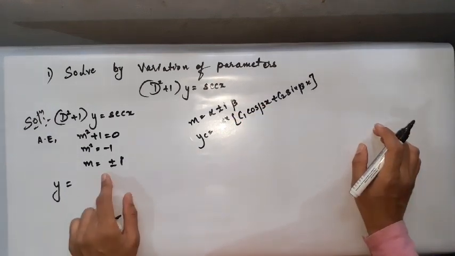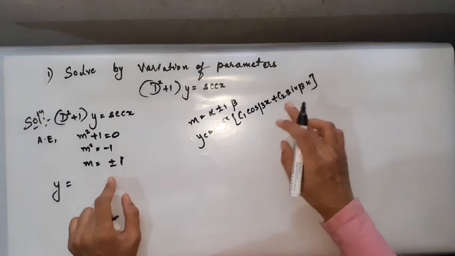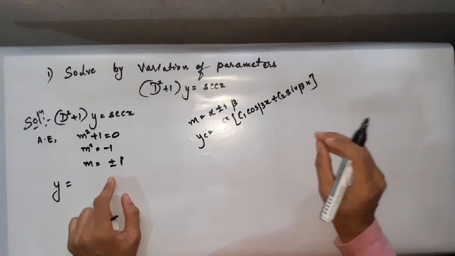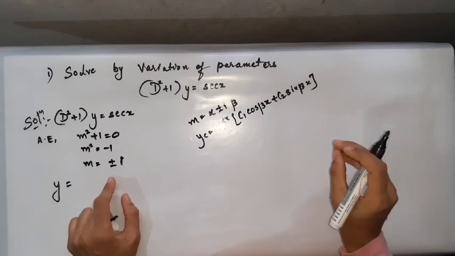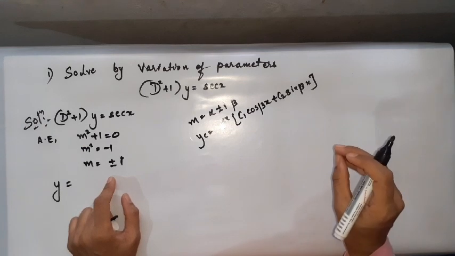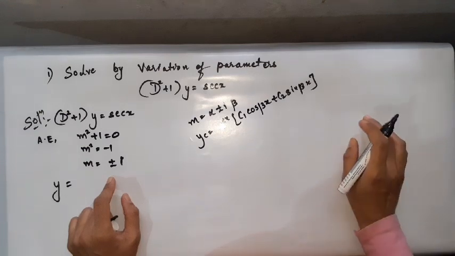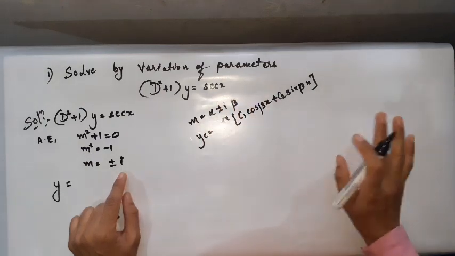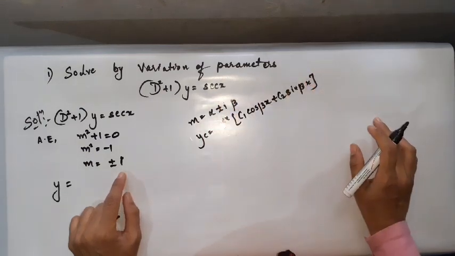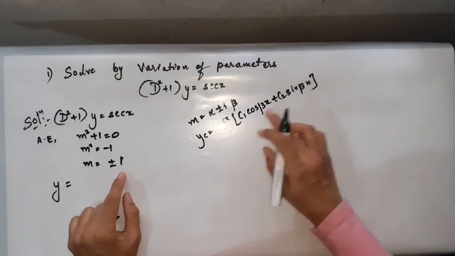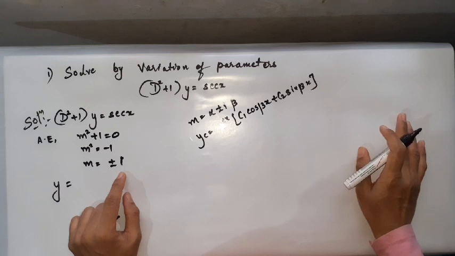The same I am going to follow here, but in place of c1 and c2, I am not going to use c1 and c2. I hope you remember my previous session explanation. In place of the arbitrary constants c1 and c2, we will use arbitrary functions a of x and b of x. That is one small variation from the previous method. Up till here it is the same. Even the procedure to write the solution y is also the same. Only thing is that in place of the arbitrary constants c1 and c2, we will write arbitrary functions a and b.